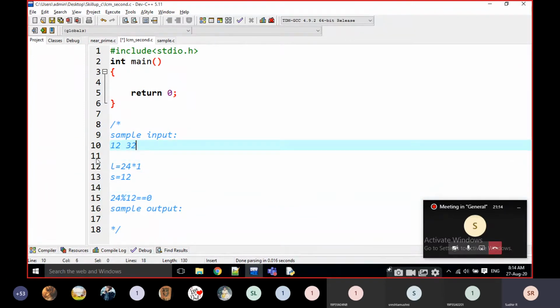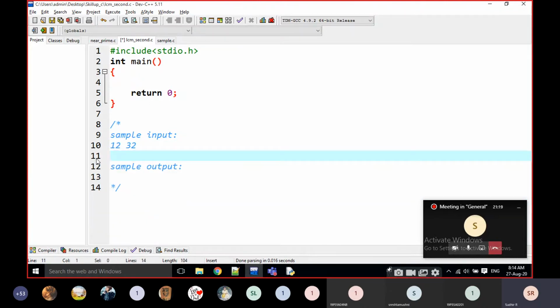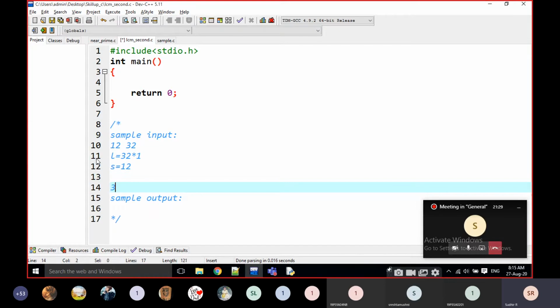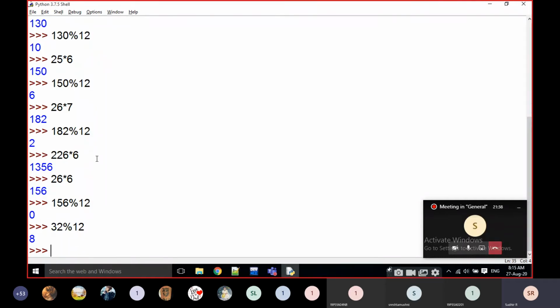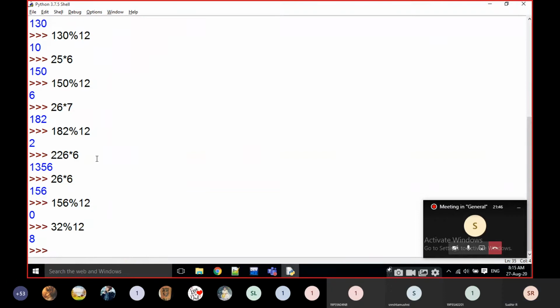I will explain with another example: 12 and 32. The largest number is 32 into 1. The smallest number is 12. I have to check, is 32 divisible by 12? No, not at all, right? That's why I am going to increment the multiplier to 2. 32 into 2 is 64.